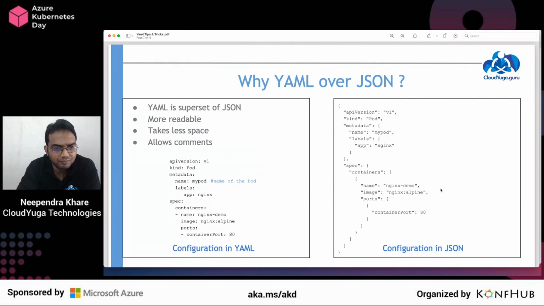But anyway, why can't we use JSON over YAML? Why should we prefer YAML over JSON? We know that in Kubernetes we can write our manifest file in JSON or YAML, but why do we prefer YAML? There's a reason for that, of course. First of all, YAML is a superset of JSON, so if you have a JSON file, you can always have it in YAML format. YAML is more readable. As you can see, we have the YAML configuration here and the JSON here. The size of the file also matters, like at the same font size here.